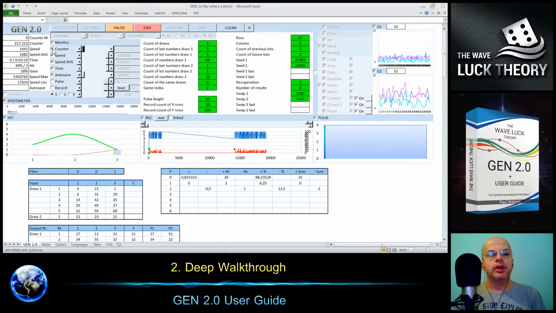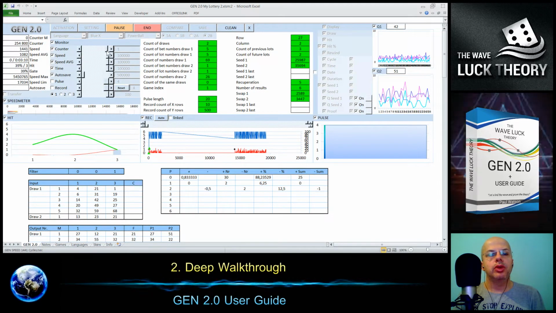If I put it to number 1 and I switch it off, it stopped. It's still counting but not refreshing the number here. I switch it on and now it's counting. I switch off the master monitor and again it stopped and it's still counting. Now it continues to refresh. And the same is with all these things. So this one is master, then it's running.